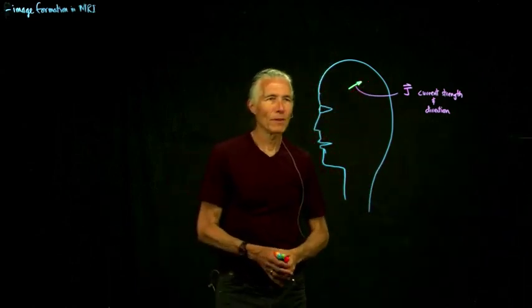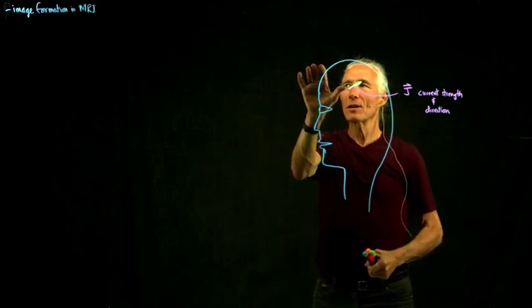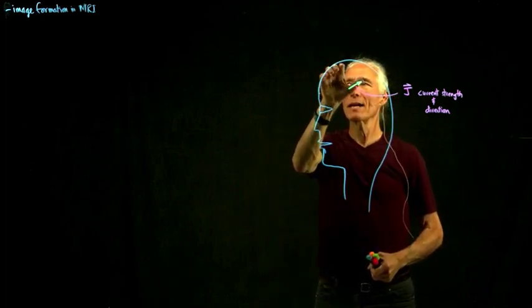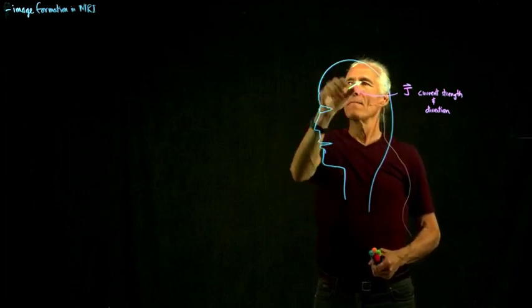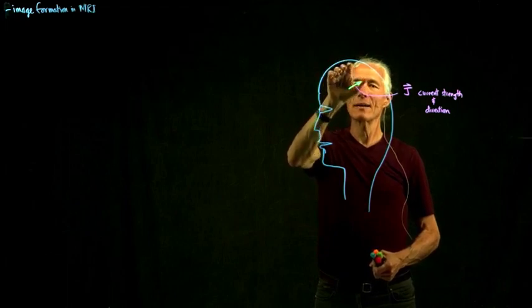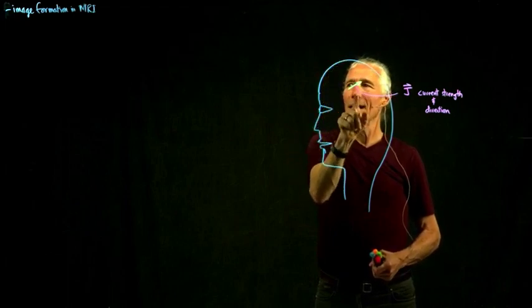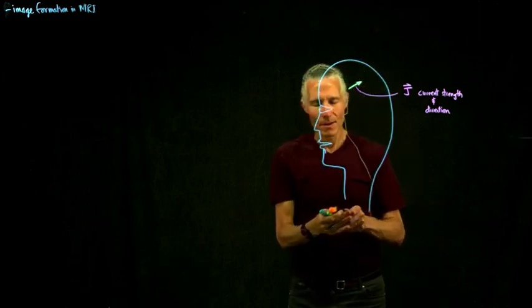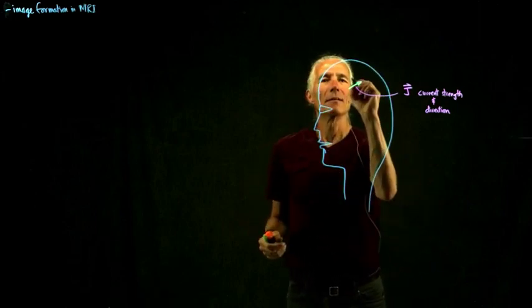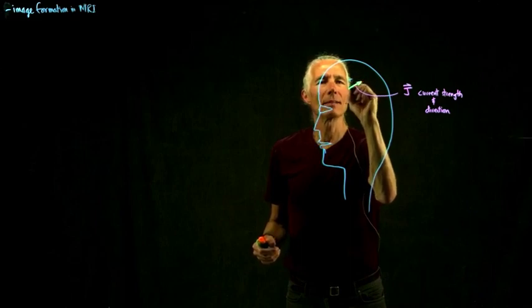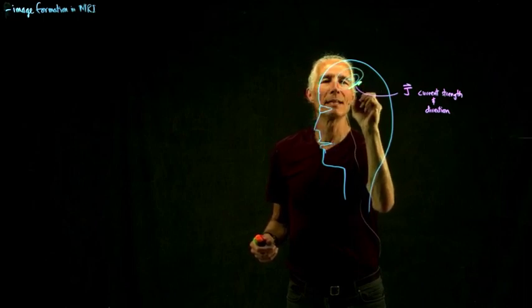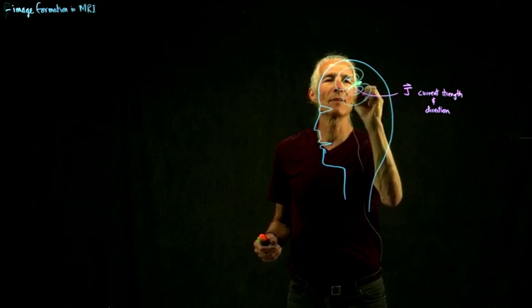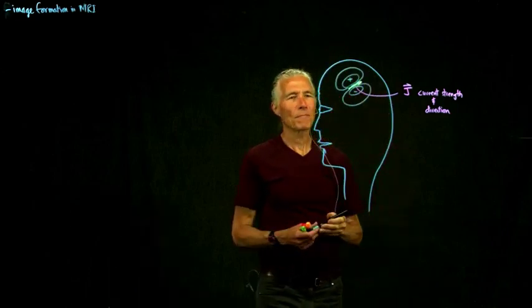And how does the magnetic field work? Your thumb is the current, and so it's going to be coming out of the head right here, and then going around, and then going back into the head over here. So if we draw that, it's coming out of the head here, that's plus. And then it's going into the head here, that's negative. But what does that negative and plus mean? I didn't specify it. That negative and plus is actually